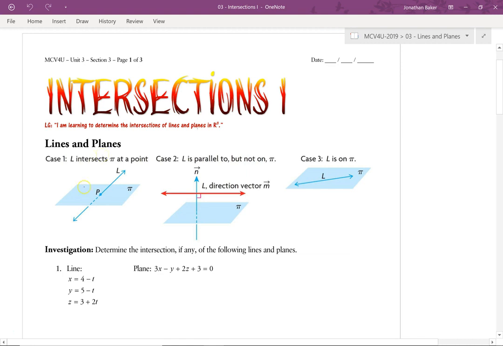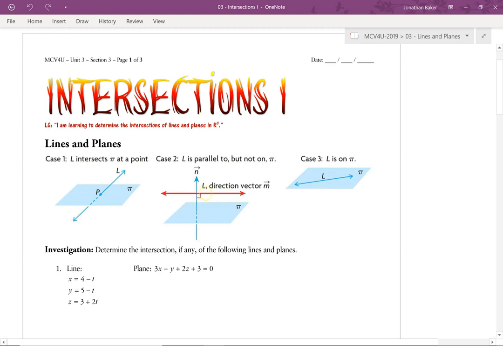So, there are three possibilities that can occur when you have a line and a plane. Really, the line can go clear through the plane and intersect it at point P, right here. Or the line can be parallel to the plane, but not inside the plane, like it is in this case. So for case 3, here we have a line that's literally inside the plane, or the plane contains the line L. Whereas here, the red line L is running along the top, running above the plane and is parallel to the plane, so it would never intersect. And it has this unique property of, in this case, being perpendicular to the normal of the plane,